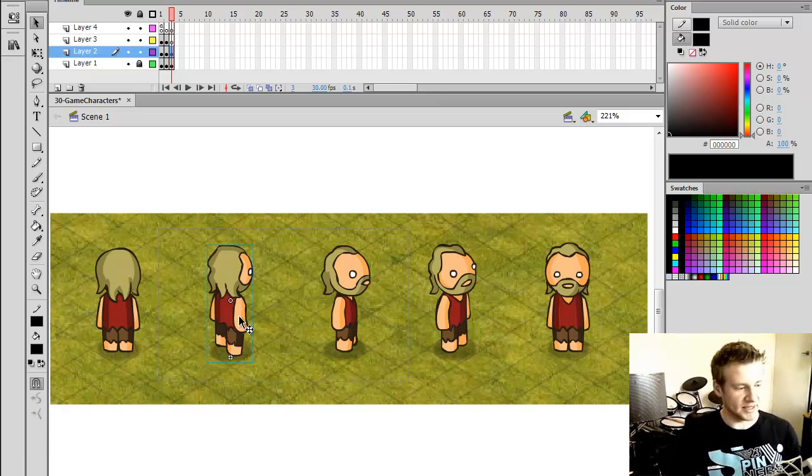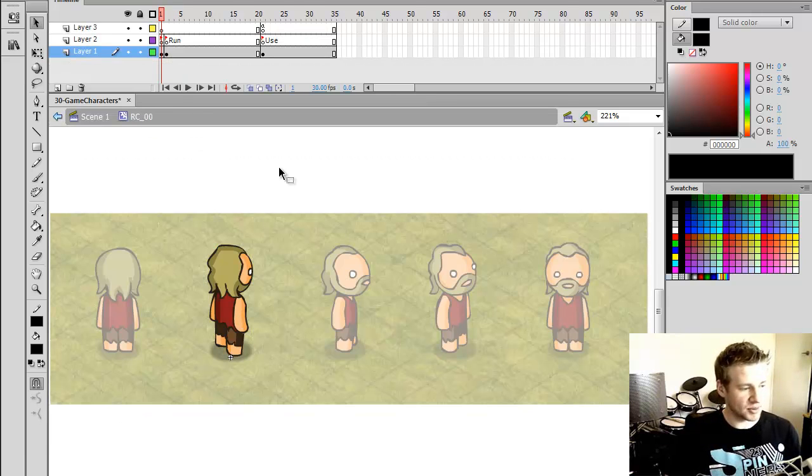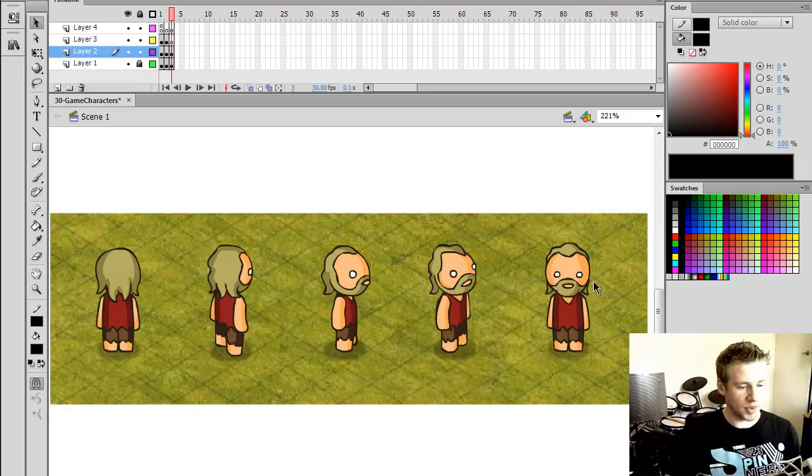Facing top right is 0 in the name, RC_0. Then this is 1, 2, 3. Whoops, and this guy on the left is 7. Reason being